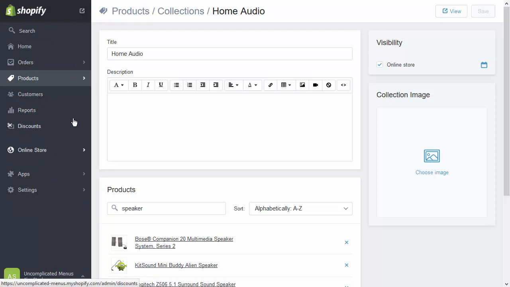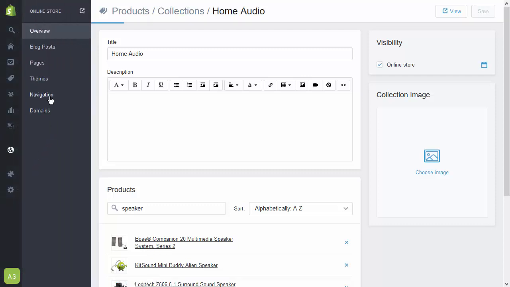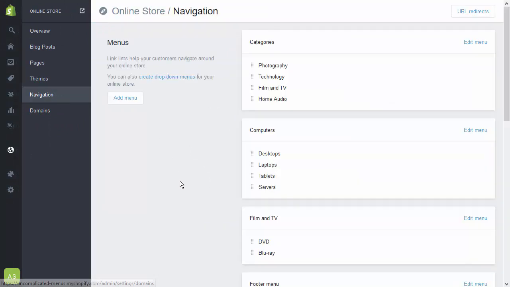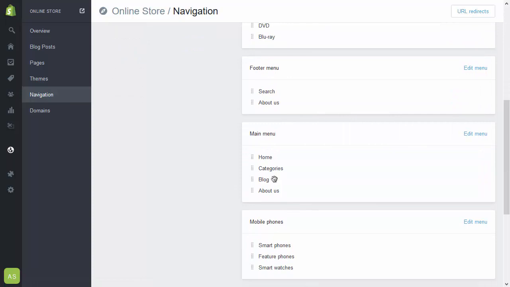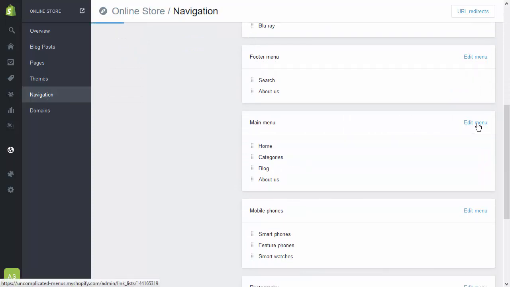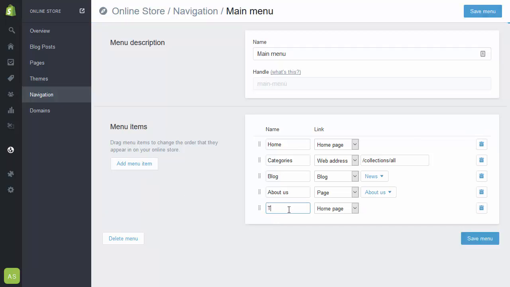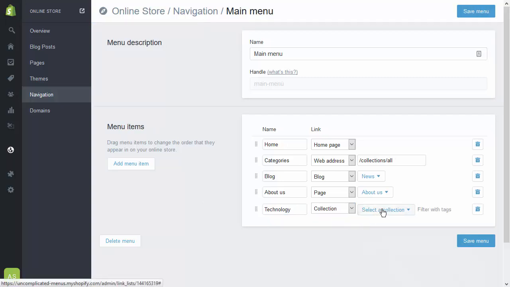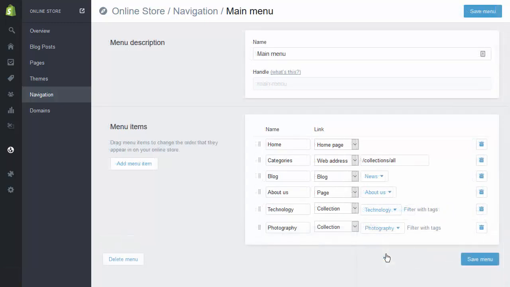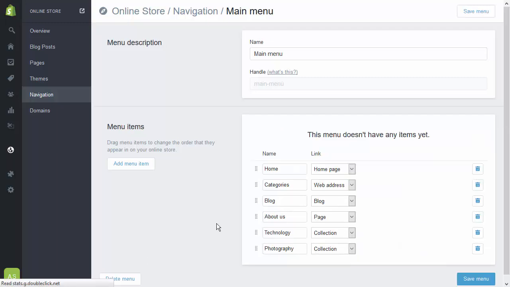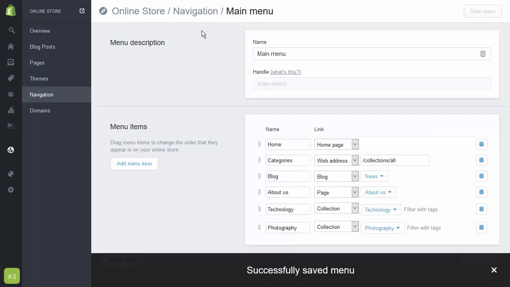navigation. So this is just the default Shopify navigation. And I can make changes in here. So I'm going to change the main menu. I'm relying here again on that bit of functionality in Shopify that lets you name a menu after a menu item and effectively link the two together. So if I create a menu item for technology, I might want to link it to the technology collection. Created two of them, not that it's crucial. There we go, menu saved,